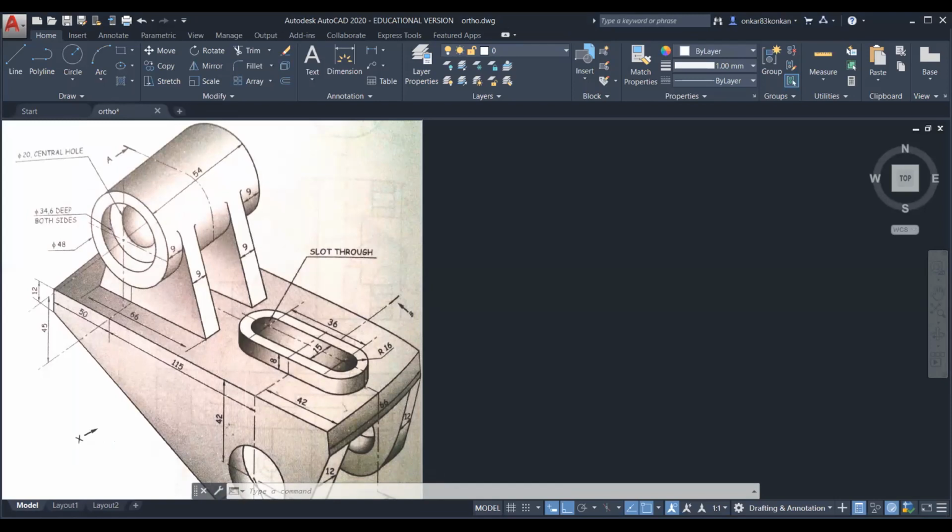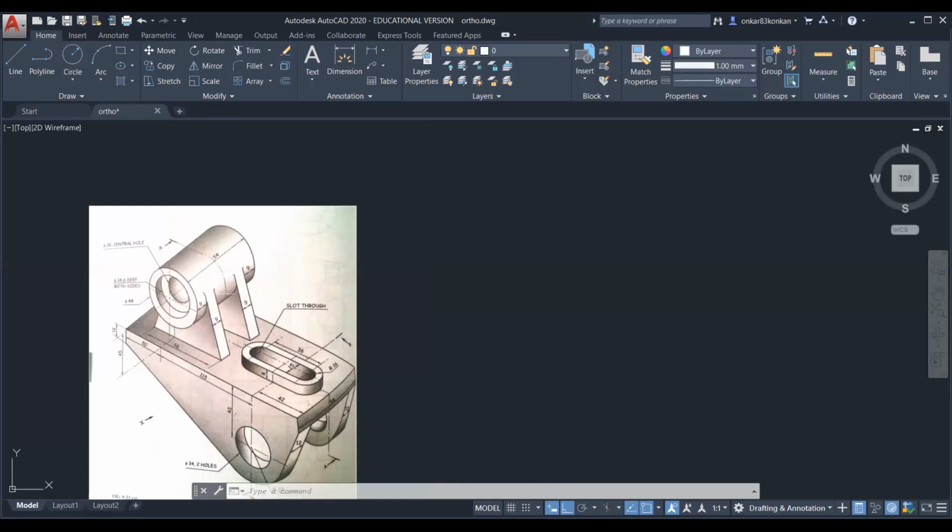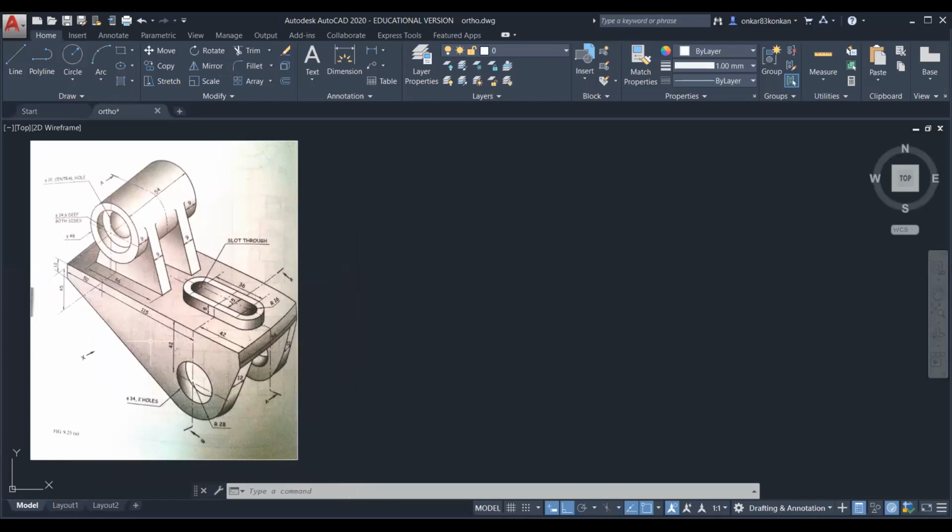Then we imagine the portion of the object nearer to the observer, that is nearer to X, is removed, and the remaining portion is retained. For that portion, we will draw the sectional front view. Then the side view is visible from the right side, so we will draw the right hand side view, and then we will draw the top view.